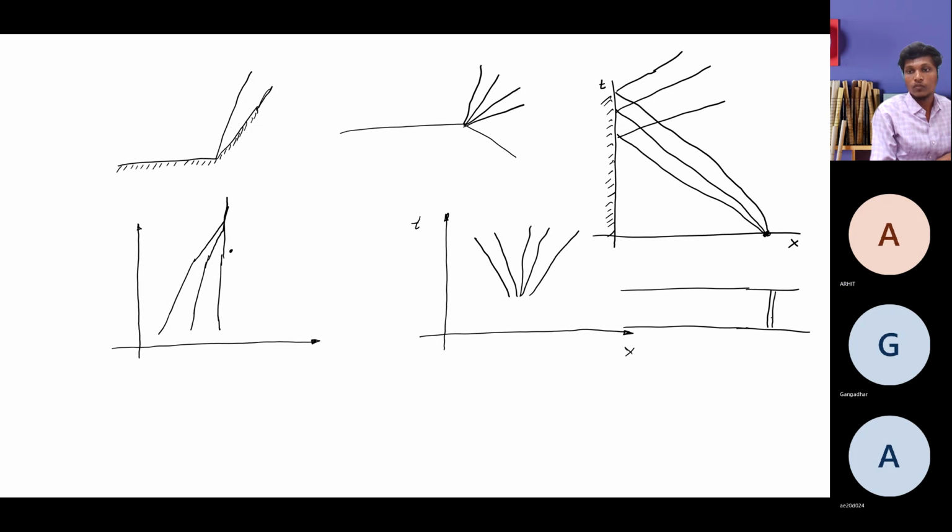flow because of a blast of aluminum foil or a blast in a pipe. This is a high pressure P naught, and this is a low pressure P. If this is a very high pressure, assume this is around 200 times the right side pressure. So if you suddenly blast this wall, you can see a normal shock wave traveling here and expansion waves traveling this side. Whatever you are saying, like if I draw lines backward characteristics, that kind of phenomenon exists here.